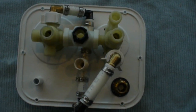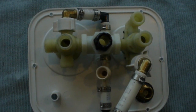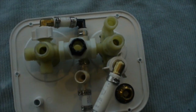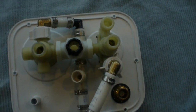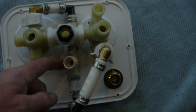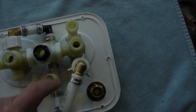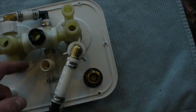Alright, this is the back of the Anderson RV 200 WH BDS panel, and what I did, because the two tank fittings have to be connected, instead of connecting them with a T and using two hoses, I used PEX fittings, and went from input there, put the T here where I'll connect the hose that goes to the tank, and then also connected the tank here using some small pieces of PEX,